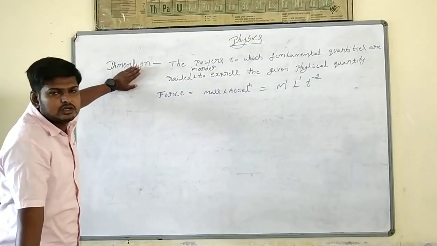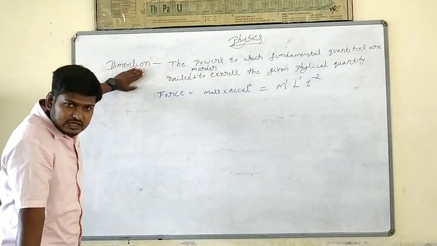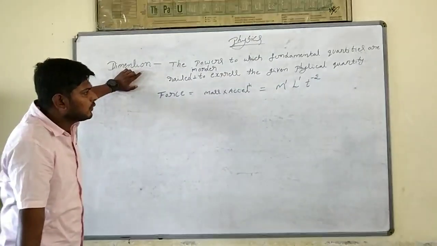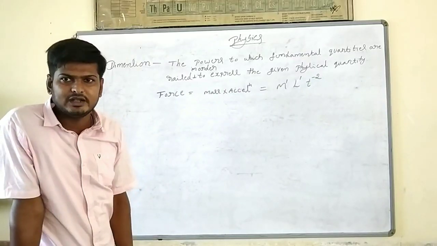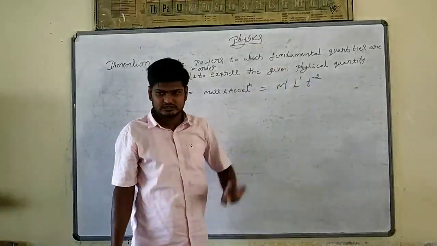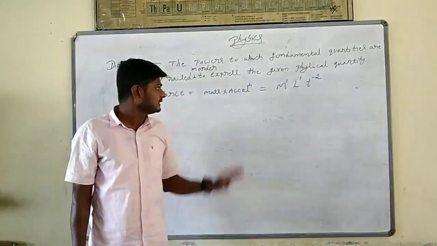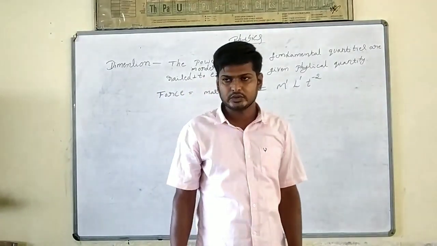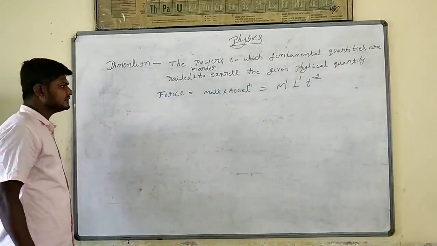We are going to call it as what? Dimension. Yes or no? Clear? Any physical quantity we are going to express in terms of what? Fundamental quantities. Express in terms of the powers of fundamental physical quantities, here mass, length, time. That one we are going to call as dimension. Now we can discuss what is meant by dimensional equation.